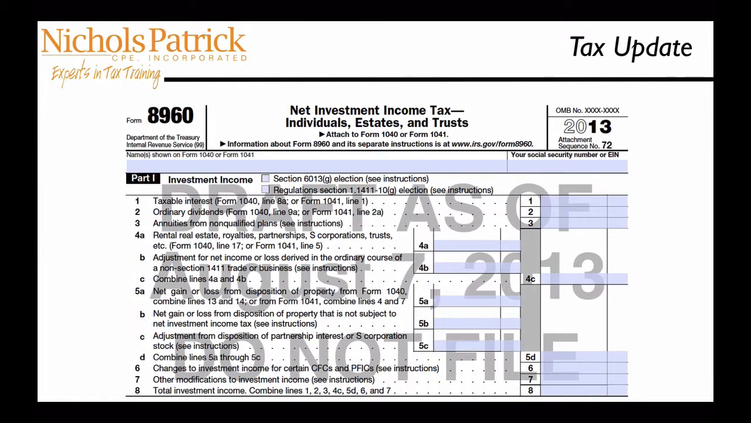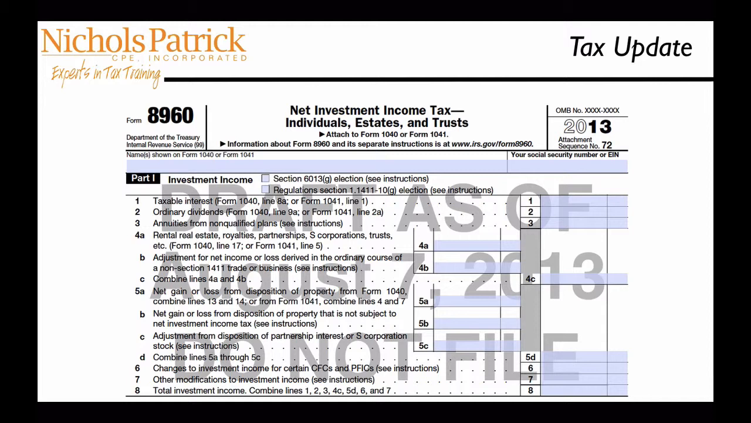In Part 1, we add up the net investment income. Everybody should be aware it includes interest, dividends. It includes annuities other than those received from a qualified retirement plan. That's why line 3 says annuities from non-qualified plans. Rental real estate, royalties, partnership income, S corporation income, trusts, and actually any business income is potentially subjected to this